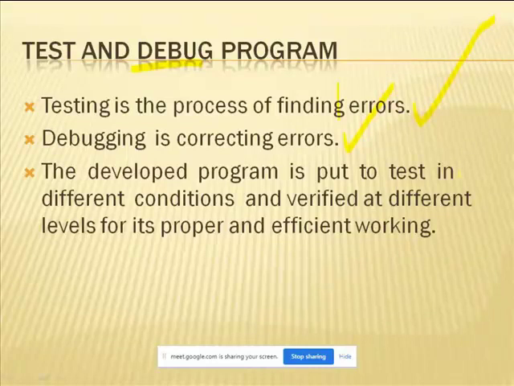So in testing and debugging, you give different types of inputs other than integers to the computer. At that time an error will occur in your program. What kind of error? The error message: please enter appropriate input. That is what shows the proper and efficient working. Then only is the program successful. So once you give wrong input, it automatically gives an error message.